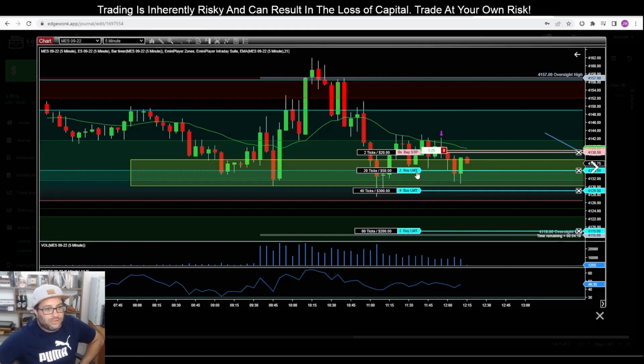But I made another adjustment here because we had now created a new pivot low here. And I'm like, well, this might just retest this 5-minute candle here and continue to break up. So I was like, let me scale out of 2 of my contracts there. Right after I moved it, price immediately hit there and worked its way down. So at this point, I was